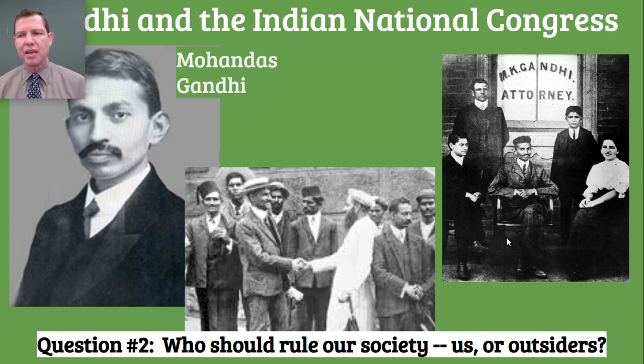So he also developed another thing that came out of his university education. He developed a strong sense that the British system of government was the best system in the world. That the British system of government, with the powers of government broken into branches, an executive branch, a judicial branch, a legislative branch elected by the people, with a very clear statement of rights, a very clear statement of what the limits of the government's power were, very clear statement of what the government was allowed to do and what the government was not allowed to do.